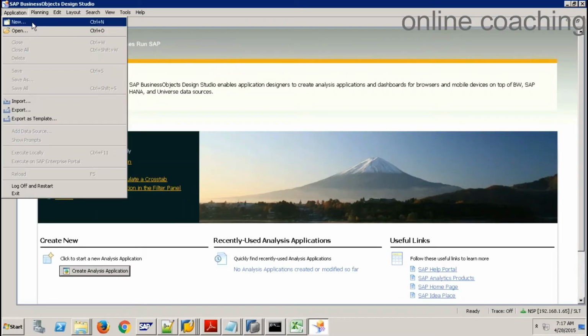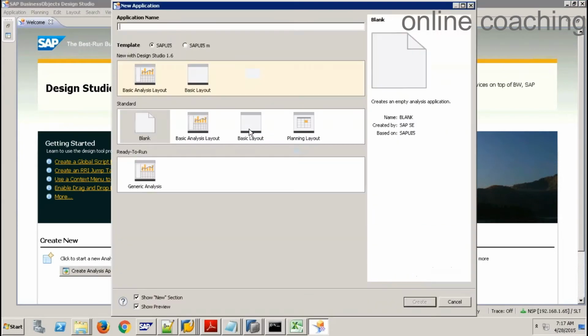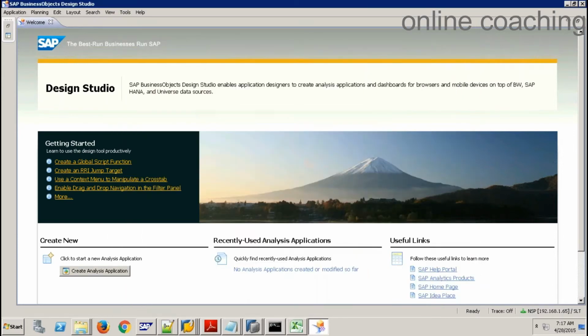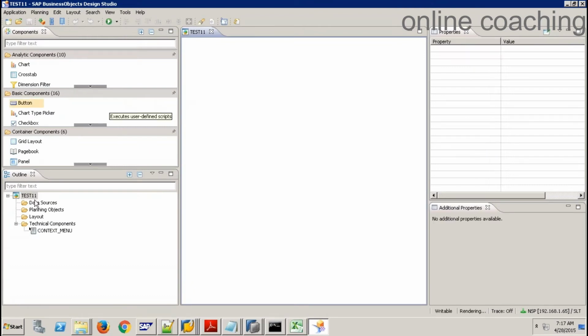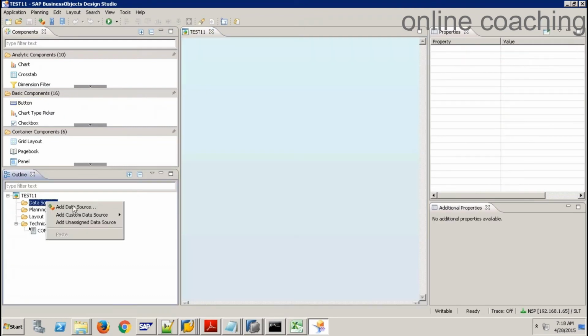So once I log in, when I say create new application, now when I say create data source,